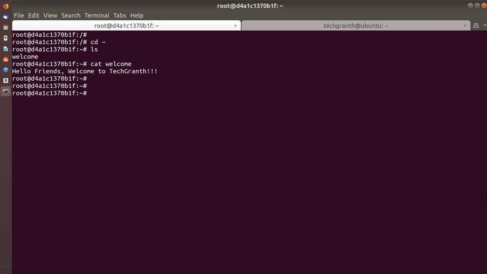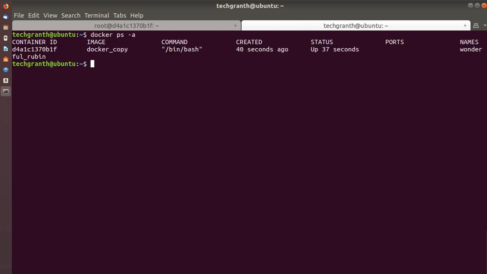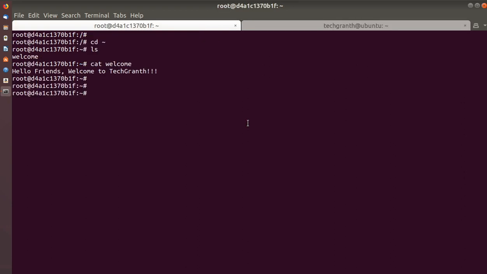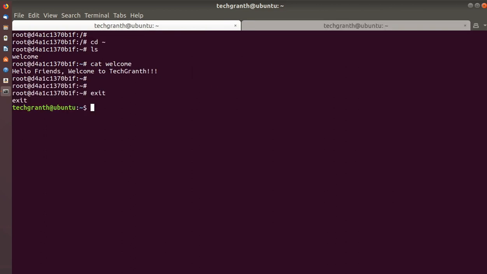Okay, so this is the container, and if we see on the other side, docker ps -a, the container is running here. Now if I exit from here, you can see this is also gone. Okay, that was about the add instruction.